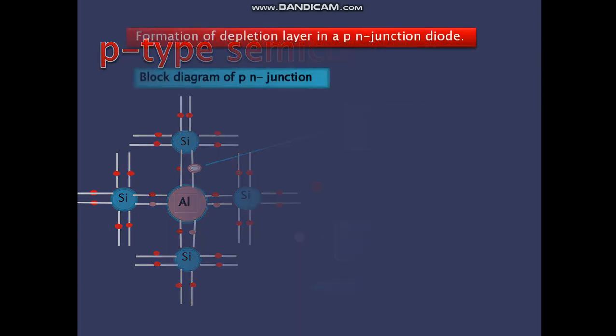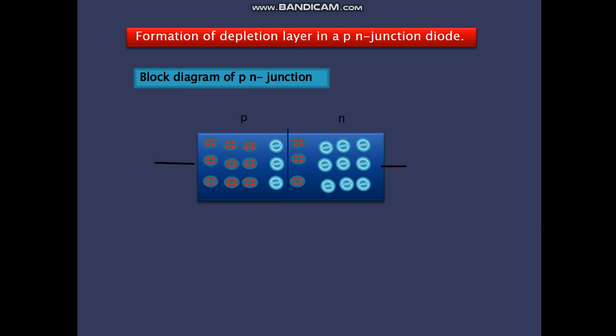Let us see how a p-n junction diode is formed. Now, it is only a single semiconductor crystal. Remember that it is not joined. It is a single semiconductor crystal, I repeat. On one side, it is p-type. On the other side, it is n-type doped. As soon as the junction is formed, the positive charges from the p-type and the negative charges from the n-type, which are called the majority charge carriers, drift towards each other. At the center, they combine with each other and become neutral.